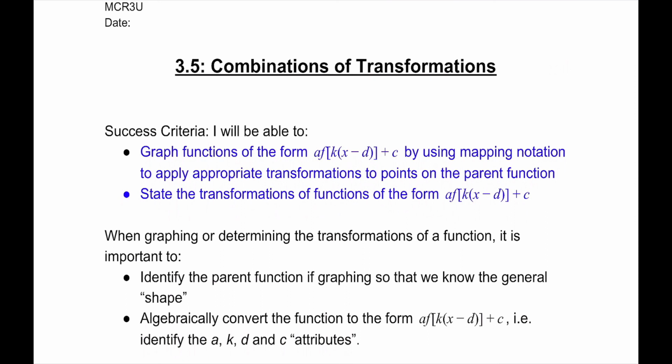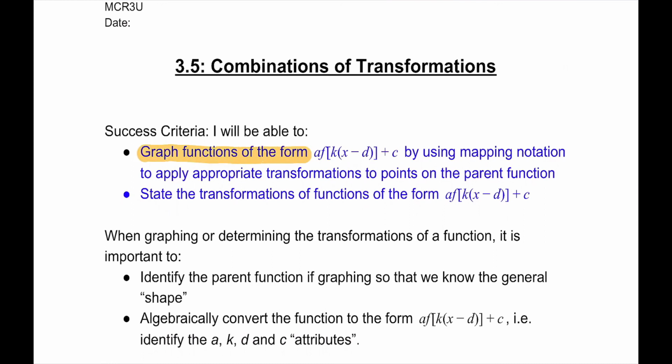Now that we've covered all the various types of transformations, this last section, or the next to last section, is really going to combine them all. So again, we looked at horizontal and vertical translations, and horizontal and vertical stretches and compressions and reflections. So in this video, we're going to be able to graph functions of the form